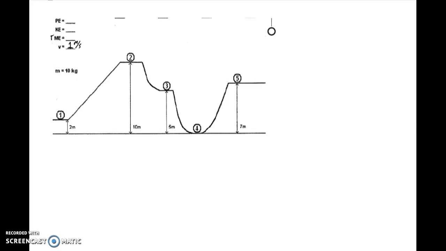Okay, in this video, I'm going to show you how to solve for a portion of a roller coaster problem using the conservation of energy. So, in order to use the conservation of energy, you kind of need to know what the conservation of energy stands for or tells us or what it is. So, the conservation of energy